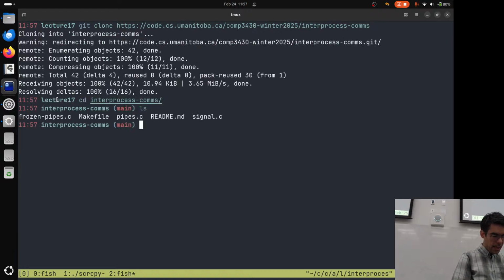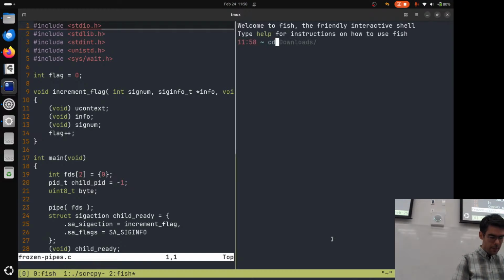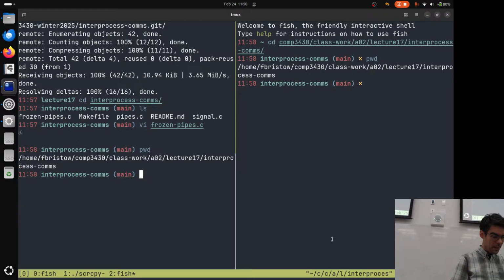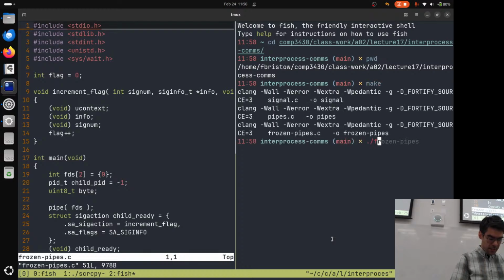I'm going to change into that, and the file that we're going to be taking a look at here is called frozenpipes.c. So I'm going to edit frozenpipes. I'm going to pop open a new terminal, and I'm going to change into the same directory here. And I'm going to double check that I'm in the same directory. I am indeed in the same directory. I'm going to make this, and I'm just going to run it.